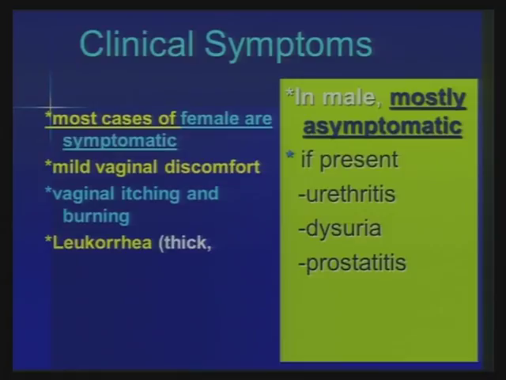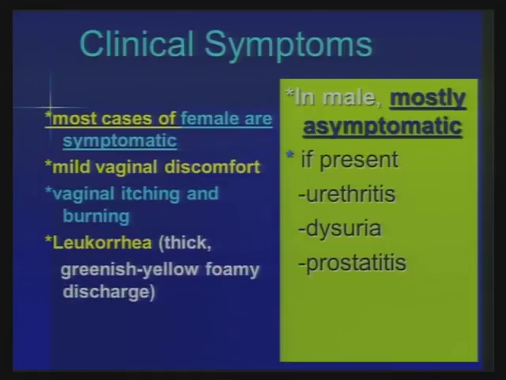And leukorrhea. It's a thick leukorrhea. What do you call it in Thai? Leukorrhea, white discharge. Greenish yellow foamy. Remember the picture of foamy. Again, greenish yellow foamy. What are you going to say in Thai for foamy? เป็นฟอง